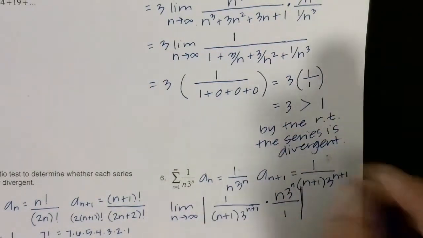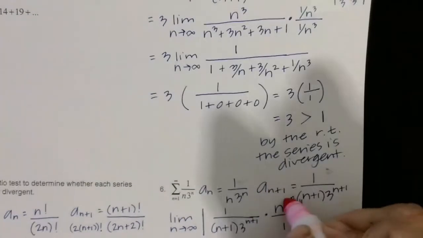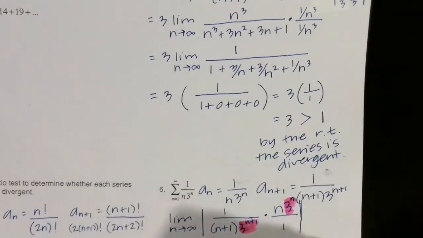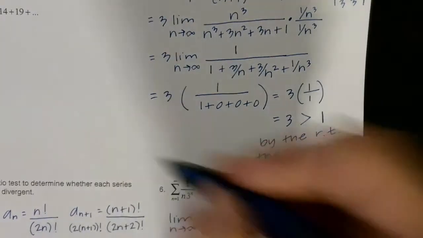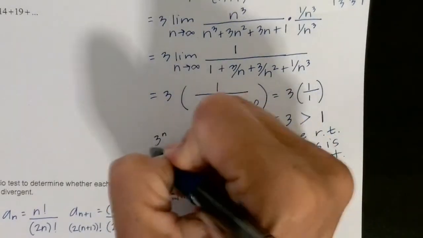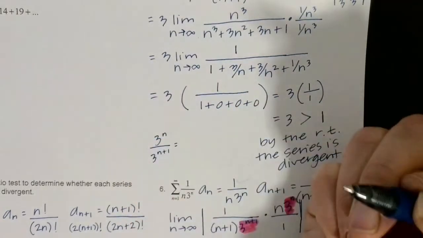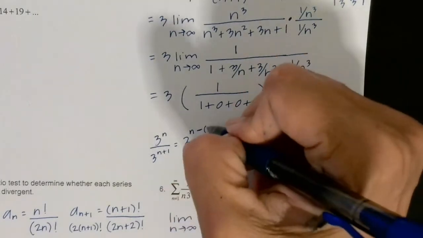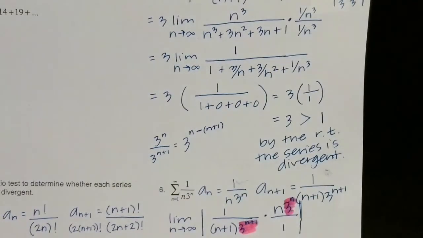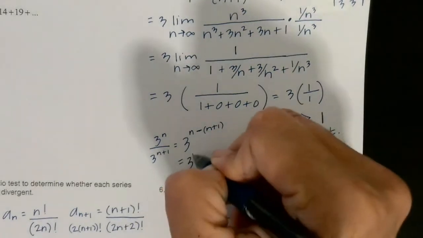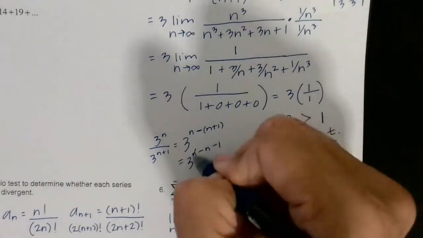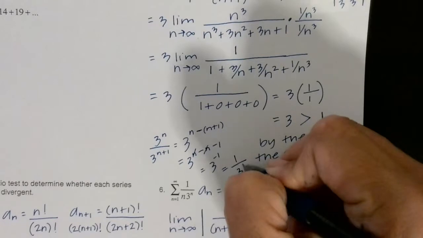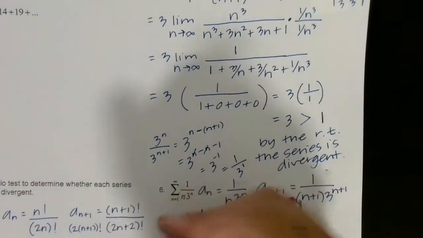Alright, so then next I'm going to take my 3 to the n and 3 to the n plus 1 right there, and I'm going to do the math for that. Let's do it right here. So 3 to the n over 3 to the n plus 1 would simplify to 3 to the n minus, and because this has two terms and I'm subtracting, I have to put it in parentheses. So that would give me 3 to the n minus n plus 1. These are still going to cancel, but I get 3 to the negative 1, which was 1 over 3 to the first power. So when I simplify that,